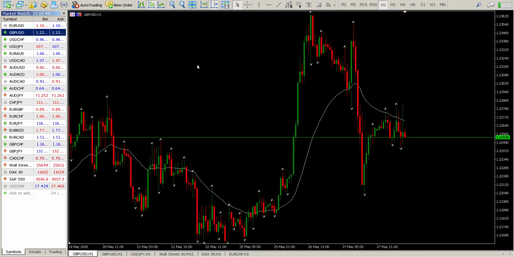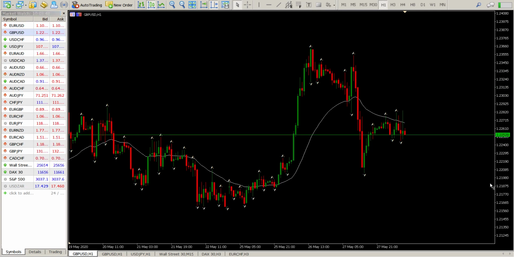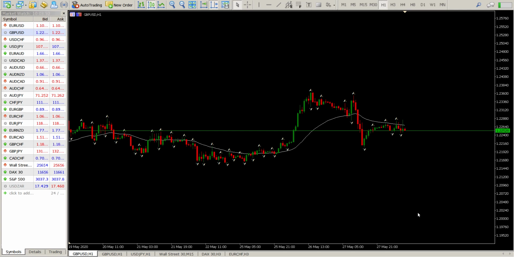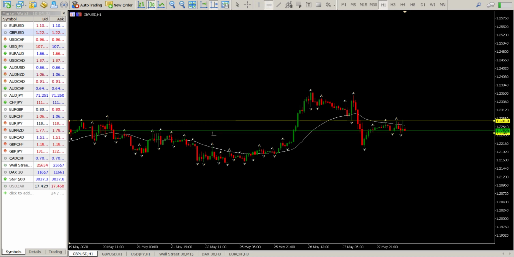GBPUSD, same kind of thing: big up, big down, big confusion, not interested in that at all. There are two ways this can play out, which is why I'm not interested in it. The first way is that there was the swing low fractal, and we're rejecting it at the moment. If I look to the left, you'll see quite a bit of support here. Now, if I go to the 8 hour,